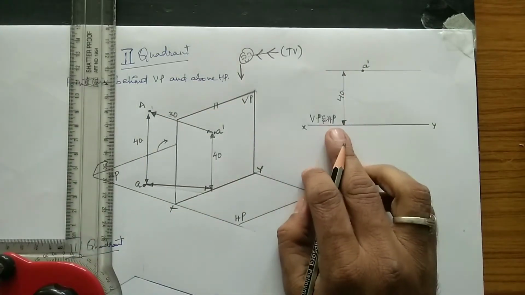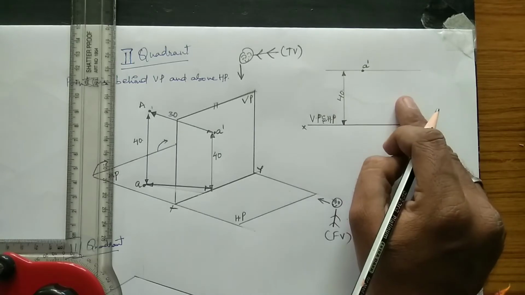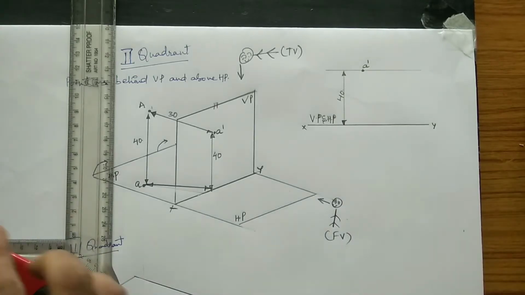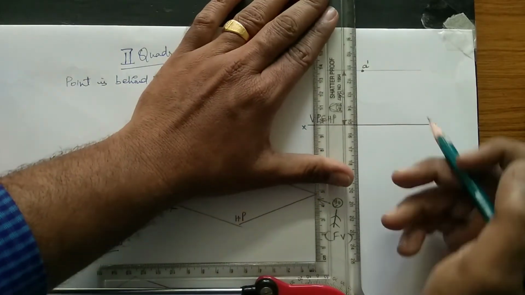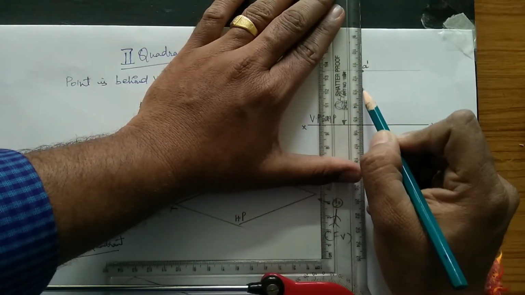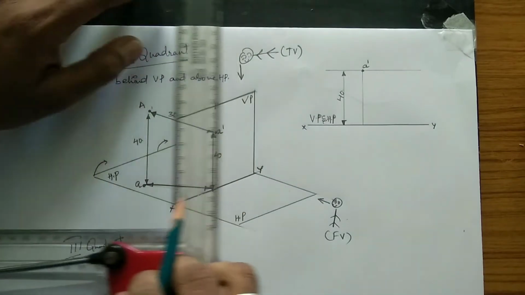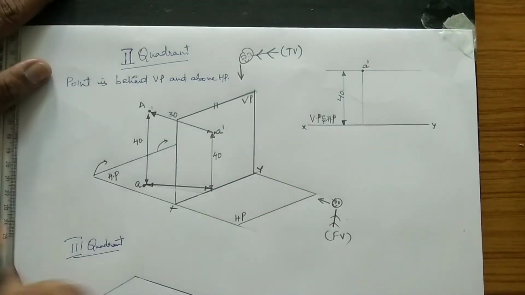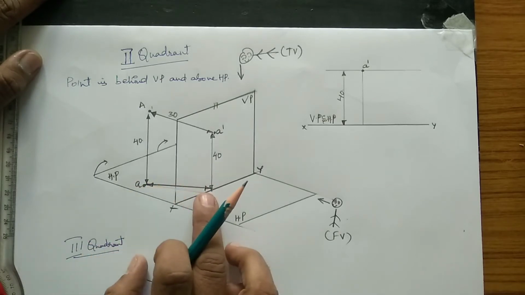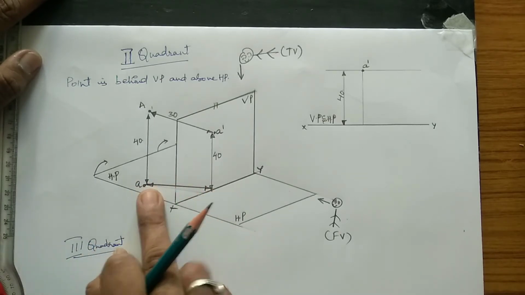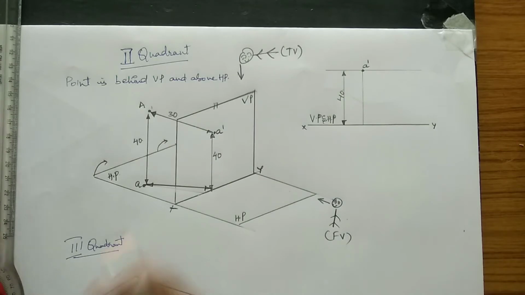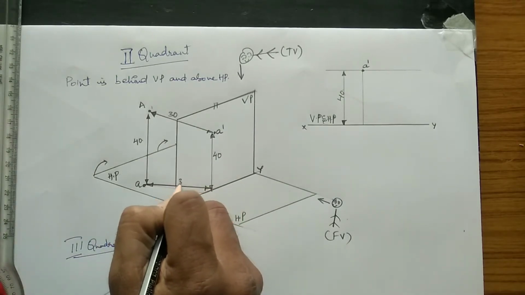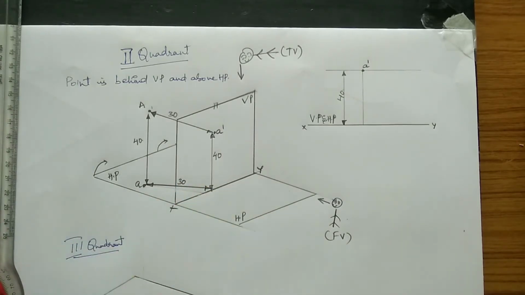The horizontal plane also exists above the XY line only. Initially draw one projection line, as the top view and front view should be on the same path. Just draw the projection line exceeding the XY line. Now, at what distance is it in front or behind the vertical plane? It is at a distance of 30 mm behind the vertical plane.